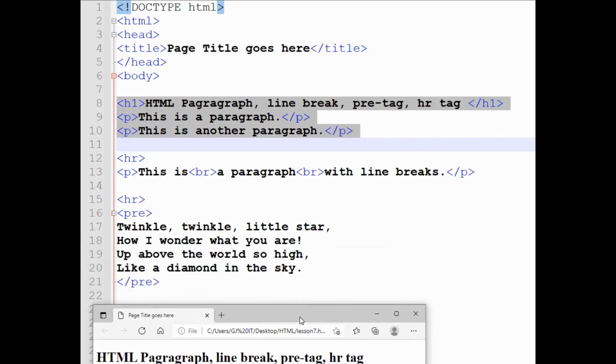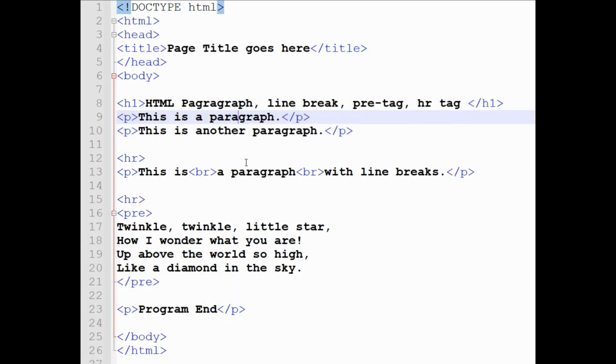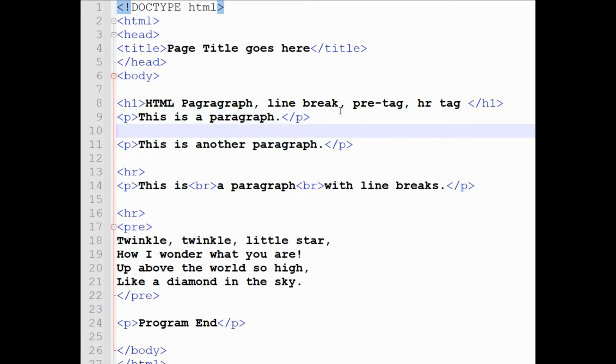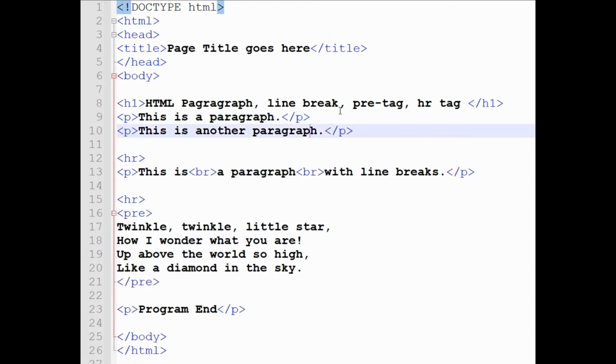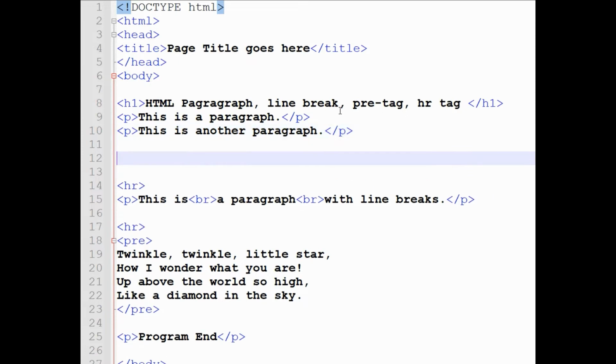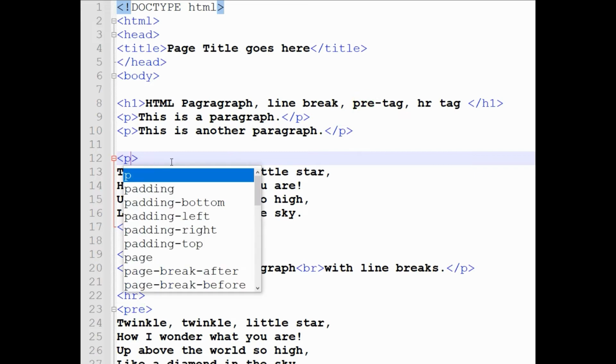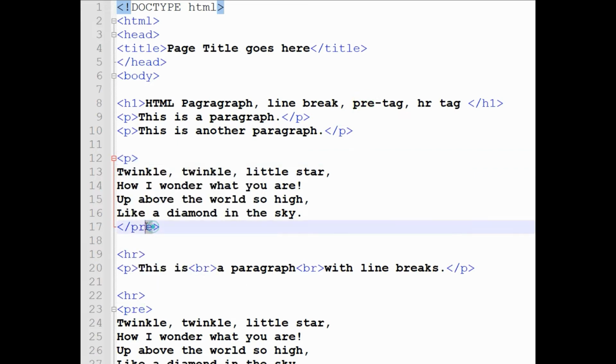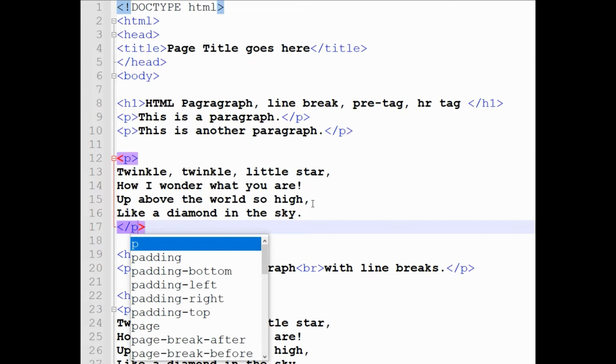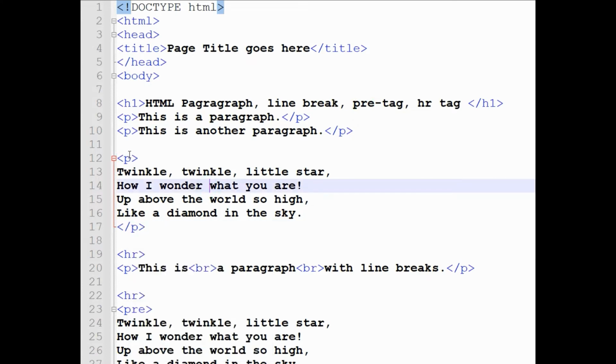So for example, if I write this code, I will copy it and put it here, not here, but at the end of this one, and I will change this to a P tag, and for this pre also, this will be the closing tag of this P start tag. So if I run this program, you will see